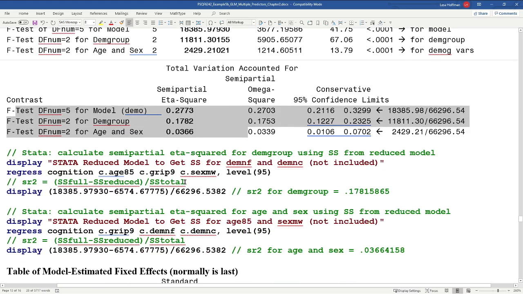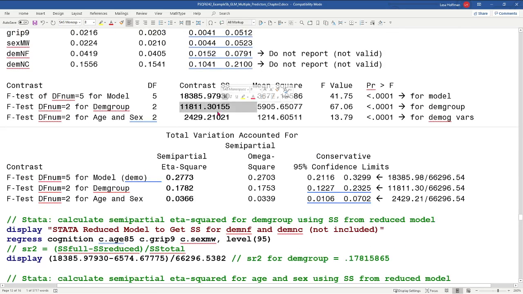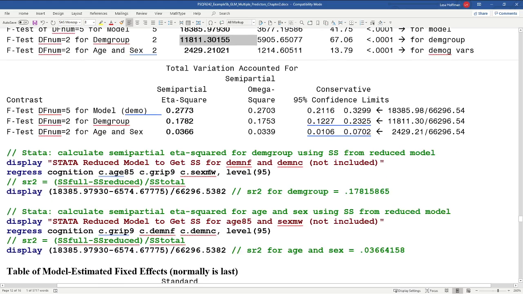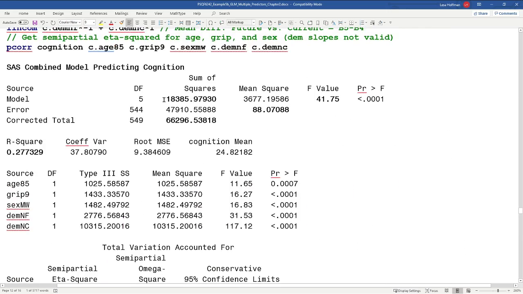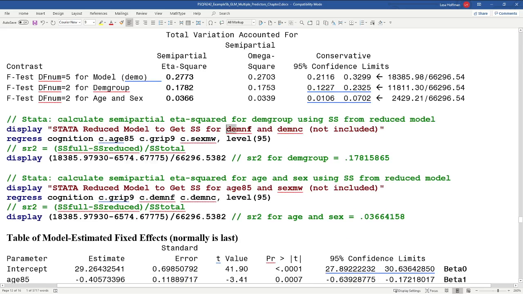In terms of Stata, to be able to get these semi-partial eta squares, you have to estimate a reduced model that does not have the terms you're focusing on to see what the difference in the sums of squares would have been. So in order to get the sums of squares attributable to each of these contrasts, I had to fit a model that doesn't have the terms. So for instance, leaving out the two dementia group terms, I then get the sums of squares from that reduced model. If I compare it, take the difference relative to the sums of squares to the present model, so where that figure came from is the present model. The total came from the present model. So I'm estimating this reduced model to be able to get this term right here. So that way the difference tells me how much of it is attributable to the two terms that were not included. If I do the math here, it works out that the semi-partial correlation squared is what we found directly